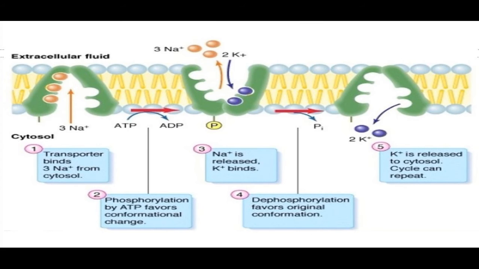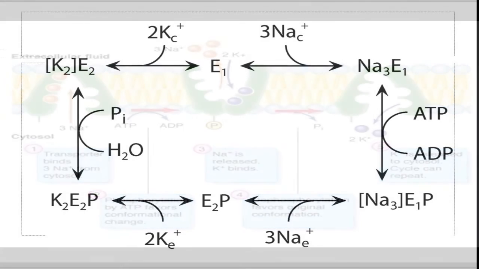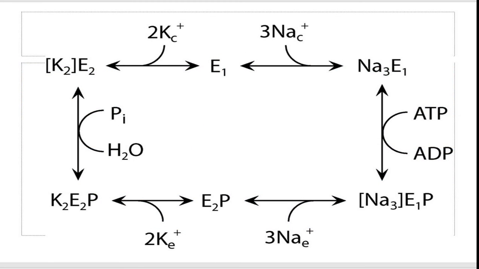bound sodium ions to outside the cell membrane, and these 3 sodium ions are then replaced by 2 potassium ions, and the attachment of potassium ions brings about dephosphorylation and loss of ADP. This again induces the conformational changes that carry the potassium ions to the interior of the cell where they are released, and this process builds up a charge gradient across the membrane because 3 sodium ions are expelled for 2 potassium ions.